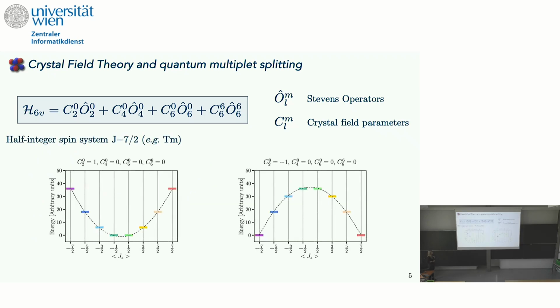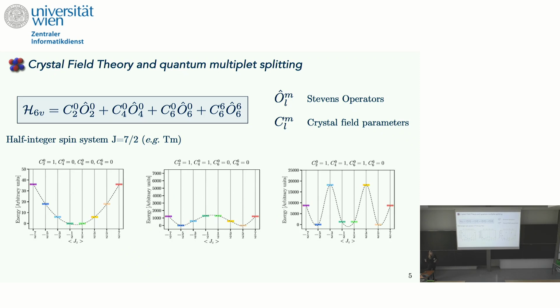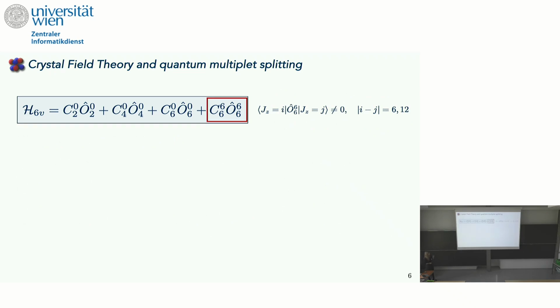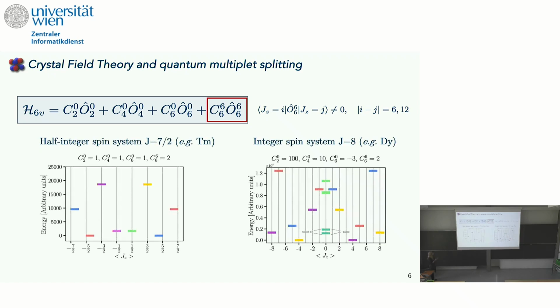So, for example, here you can see the action of the C20, the first, which is inducing a parabolic dispersion of the quantum multiplets. While if I introduce higher order terms, like the 4-0 and the 6-0, we also get a higher anisotropic behavior in space. So nevertheless, in order to consider the full hexagonal symmetry of the crystal field, we need to take into account this last term, whose effect is to mix states that differ by ±6 or 12 in the case of a hexagonal crystal field. And as you can see here, in these two situations, I modeled a half integer and an